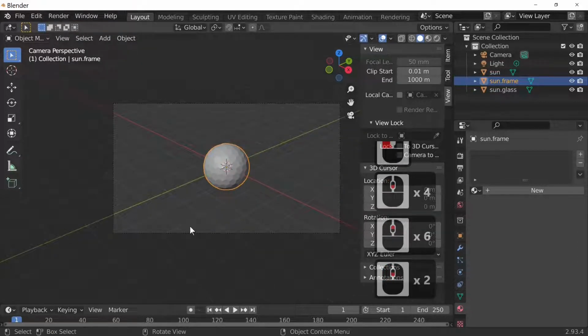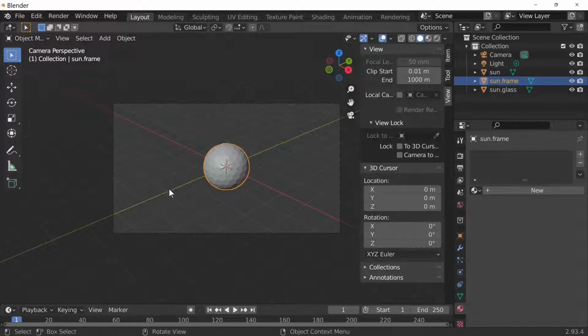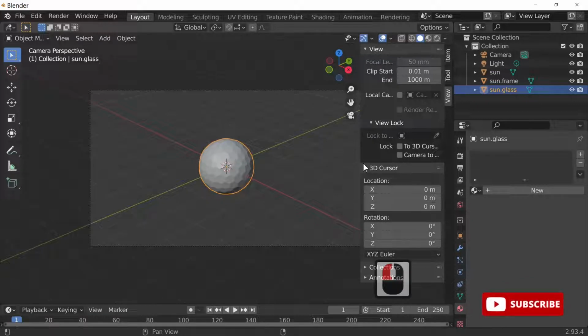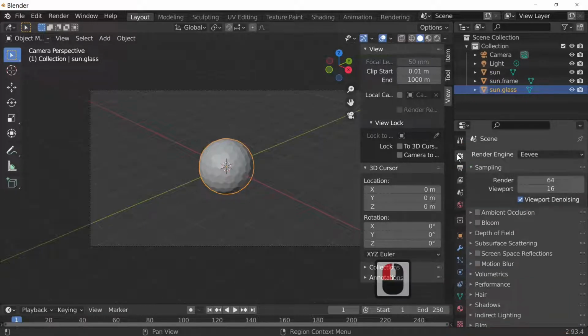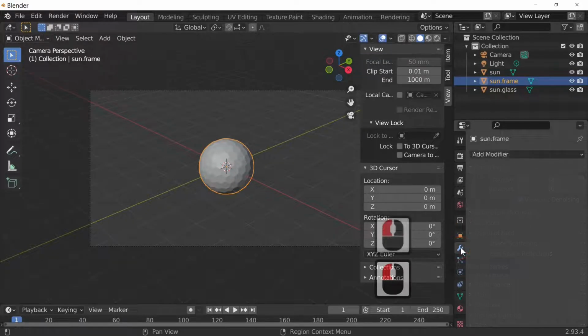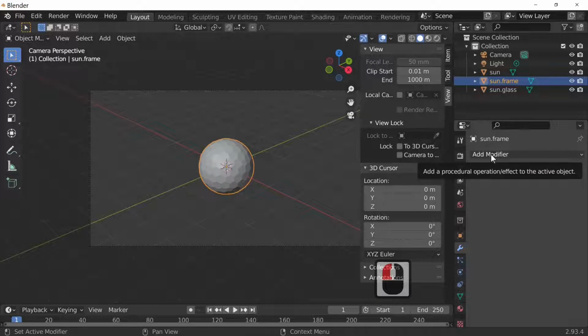This box here is the outside of your, so it's like your screen. So right, the actual modifiers set up on our screen. So go into the actual spanner or the wrench like so, and we're going to add in a modifier. Because we've got the frame selected first, what we're going to do is actually make the frame. So I'm going to add a modifier,